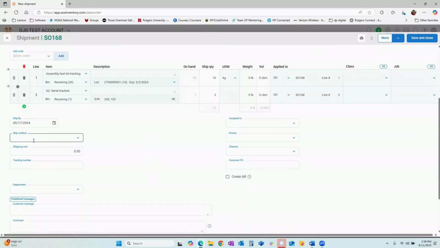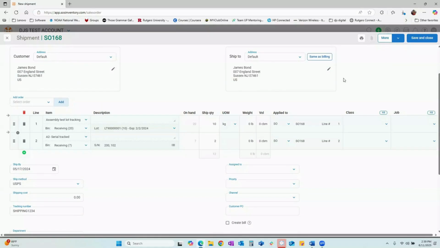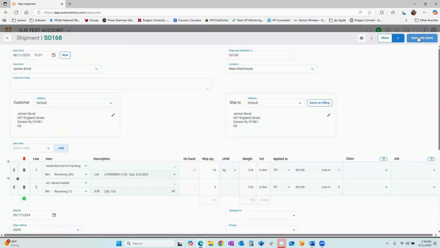Okay. Now, if I put in my ship method, let's say I add a shipping cost or a tracking number, shipping 1, 2, 3, 4, and I can also put my ship by date, my ship method, and tracking number. All this information now gets carried over to the invoice. So if I hit save and close,